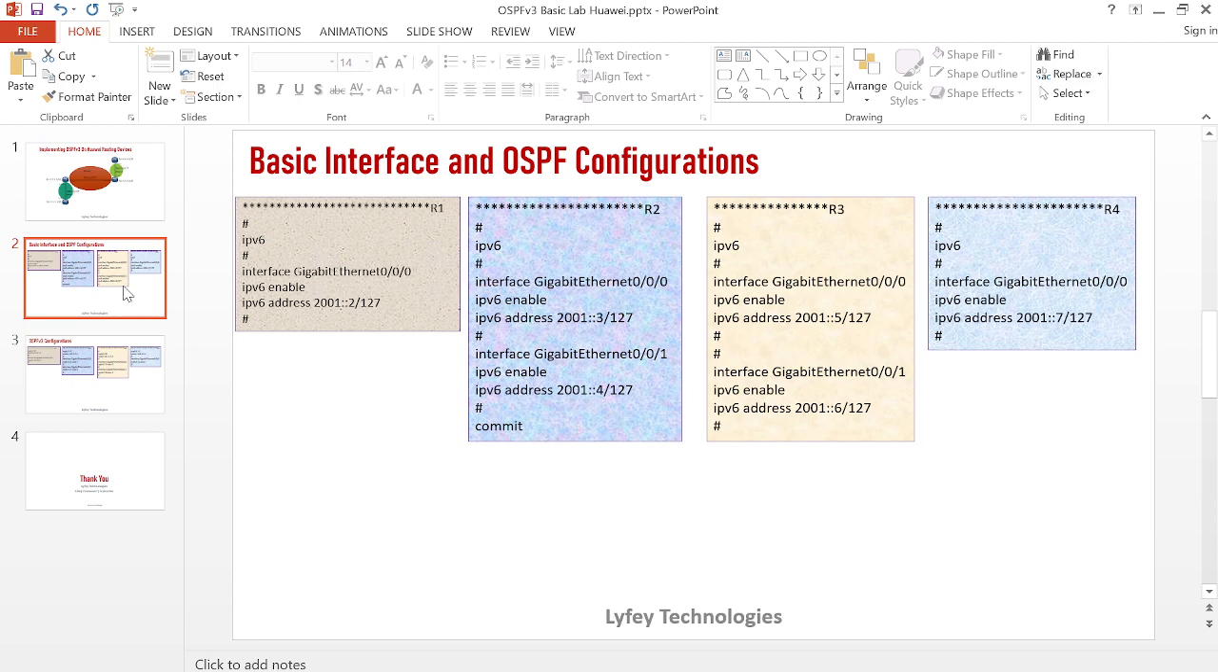In this step, we are just enabling IPv6 on the router and configuring IPv6 on the interfaces. On Huawei routing platforms, before you can assign IPv6 addresses, you need to globally enable IPv6 on the router or the switch. So you need to run the command ipv6, and once you've run it, you also need to enable IPv6 on the specific interfaces. That's why we run the command ipv6 enable on the interface before we can assign